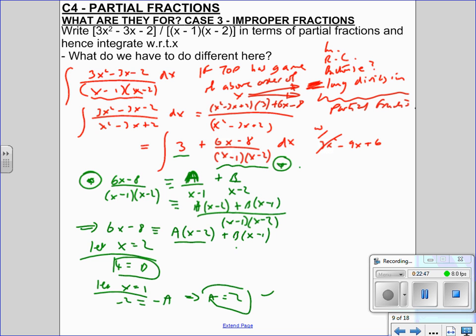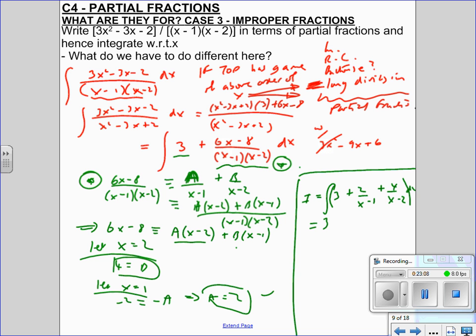And we're basically finished. Our problem has reduced, if I put it over here, has now become integrate 3, and now we've got plus a, which is 2, and then b, which is 4, so plus 4 over x minus 2 dx. And we can integrate that no problem to 3x plus 2 ln x minus 1 plus 4 ln x minus 2 plus c. So again, folks, if this is going too fast, just rewind it, okay? Rewind it. Check my result. Is my result even right? I shouldn't even integrate until I've checked it, but you know, we're already on 23 minutes on this video. Okay,